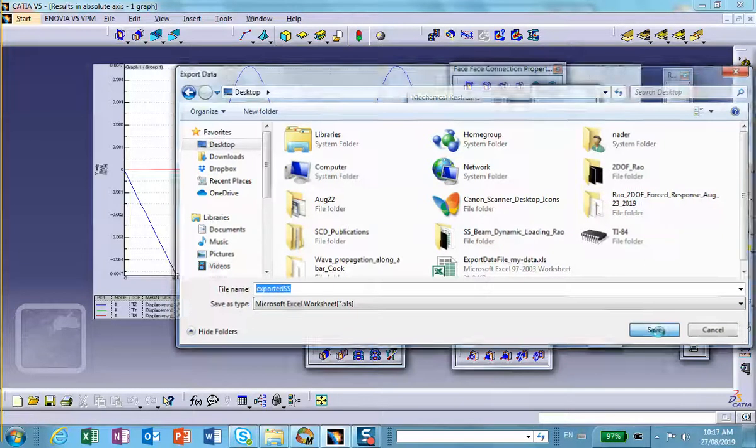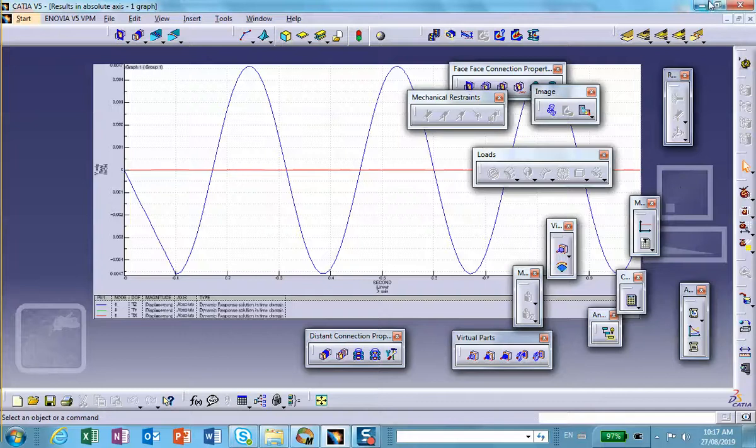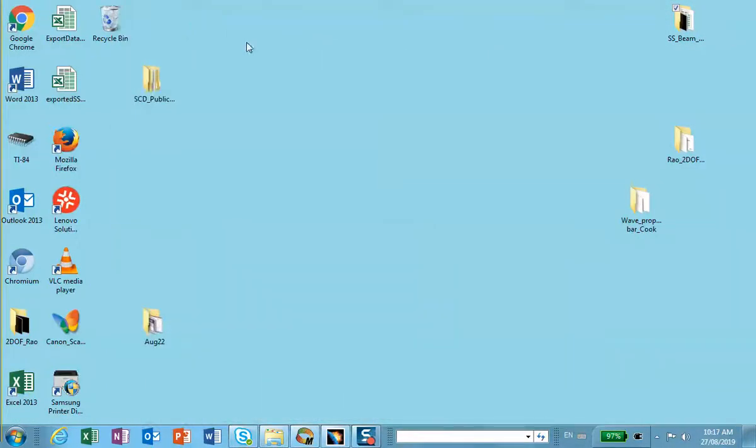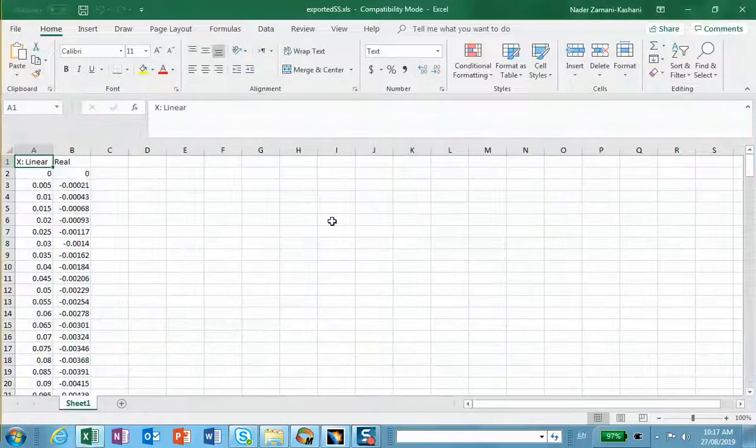Okay, let's go and check it out. So it might be two columns. One column is time, the other one is the displacement. Yeah, and then you can create your own graphs, things like that. I hope this was useful. We'll do some